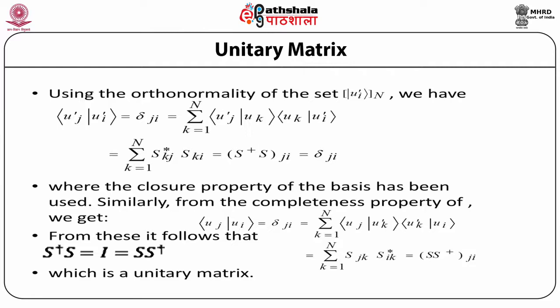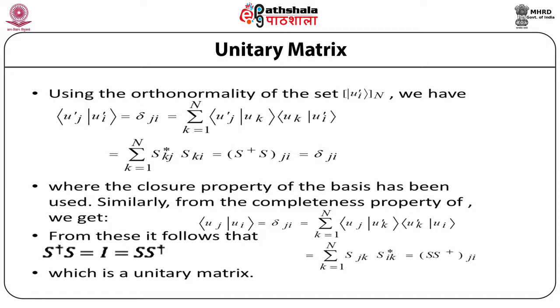Now, using the orthonormality of the orthonormal basis set u_i prime, we have bra vector u_j prime, ket vector u_i prime is equal to delta_ji. This is equal to summation over k going from 1 to n, bra vector u_j prime, ket vector u_k, bra vector u_k, ket vector u_i prime,